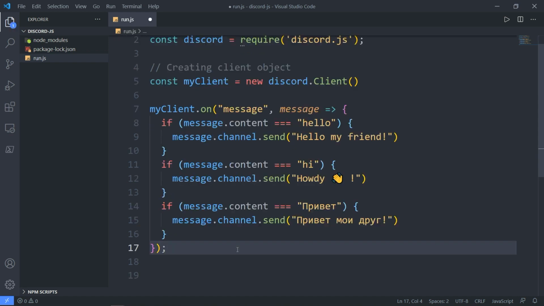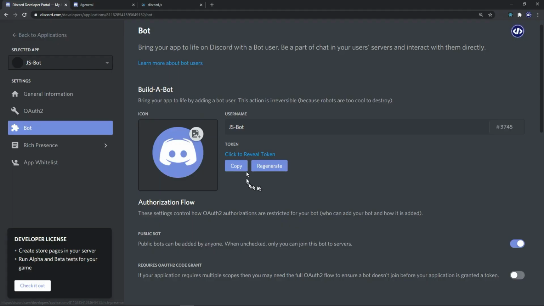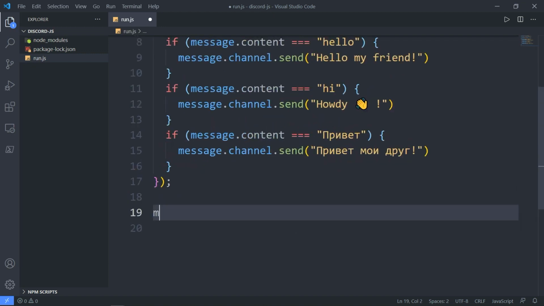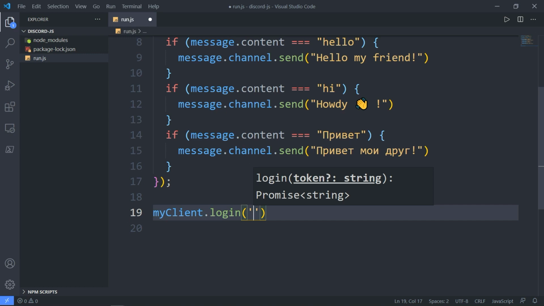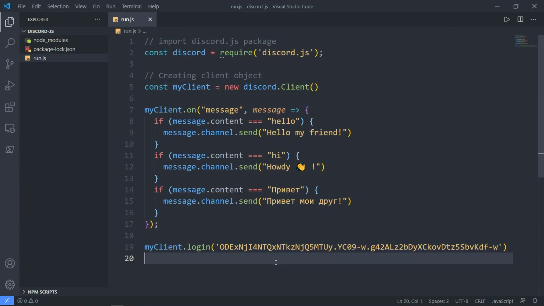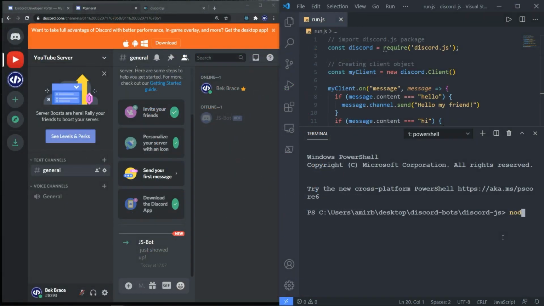The last thing we need to do is log in. And we cannot log in without the token. You remember the token? Let's go ahead and copy the token, and we will pass it here. So we'll say my client, which is the client object, dot login. And in single quotes or double quotes, doesn't matter, you will paste your token. And this is basically it. The moment we run our code, we should see our bot activated or going online. So node run.js,